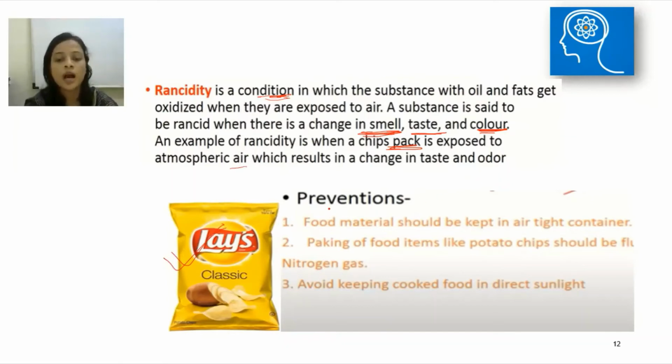Now, how can we prevent this rancidity? What are the methods to prevent this rancidity? The question may be asked in the exam. So there are basically